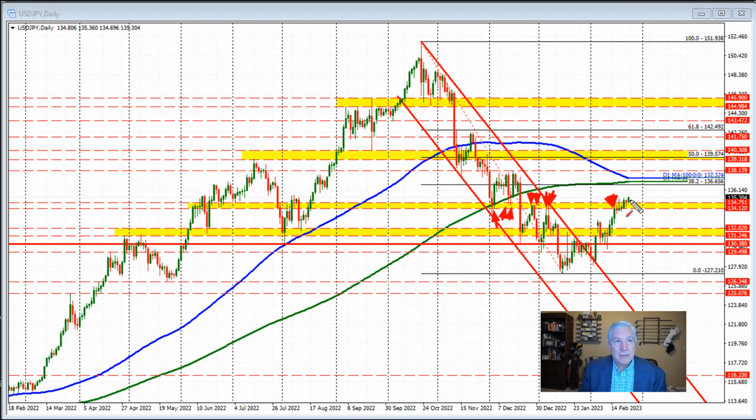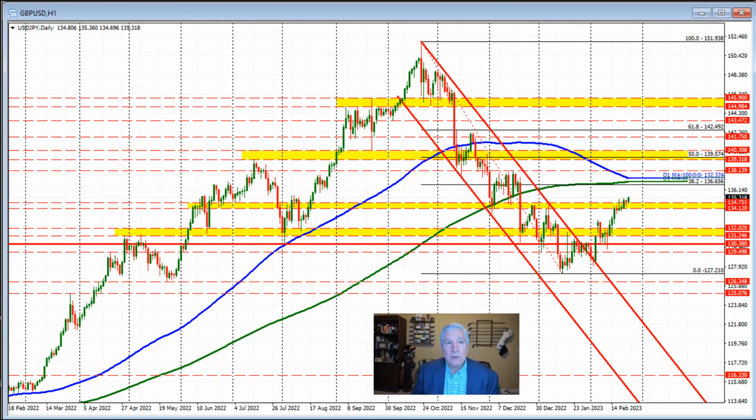But in trading here today, we're trying to stay above the 134.75 level, and that's giving the pair a little bit more of a boost. Do we move toward the 38.2% retracement toward the 200, 100-day moving average? Seems that way right now. As long as the price can remain above the 134.75 level, I'd say that would be the path of least resistance here for the dollar versus yen. So be aware of that.